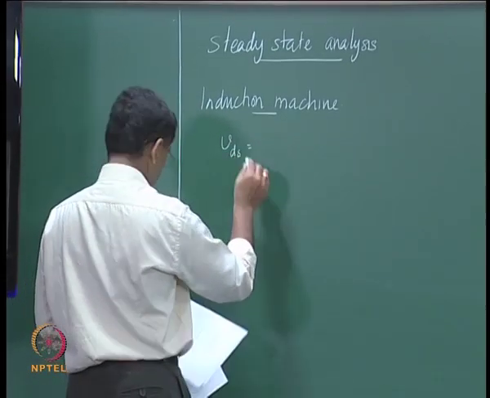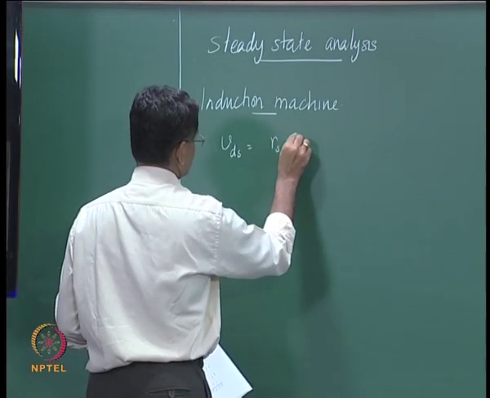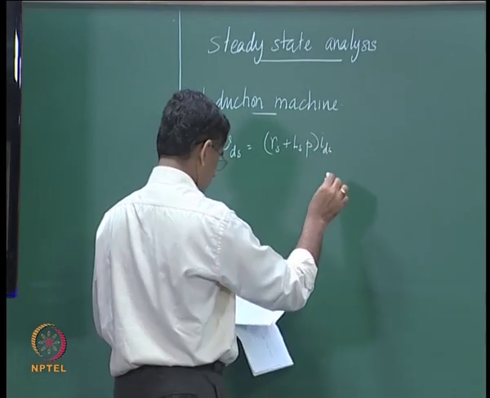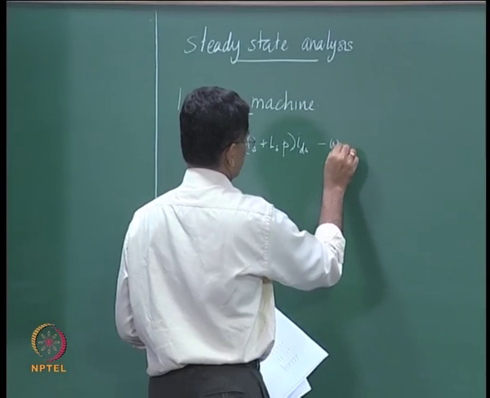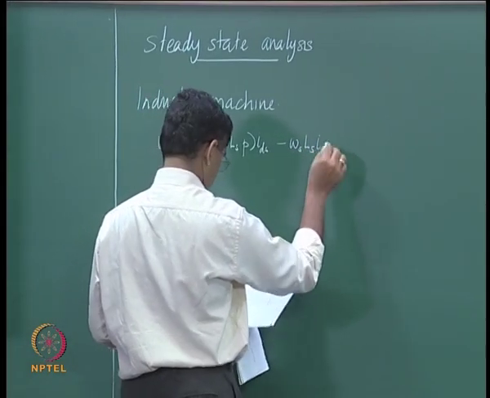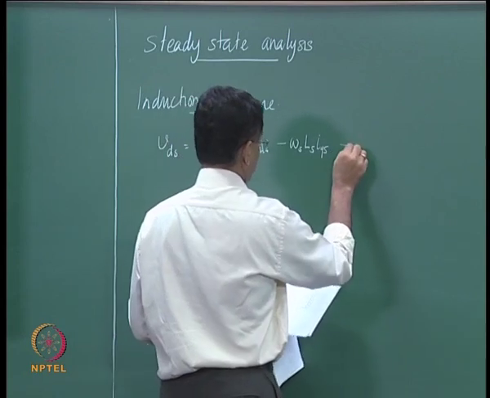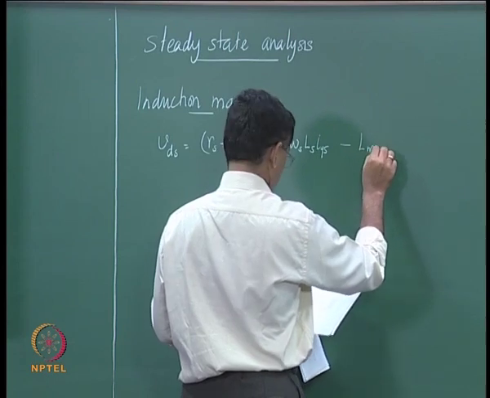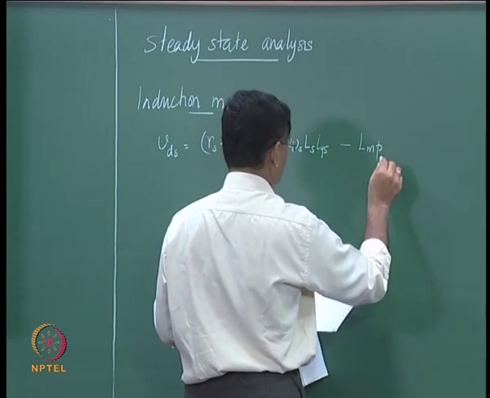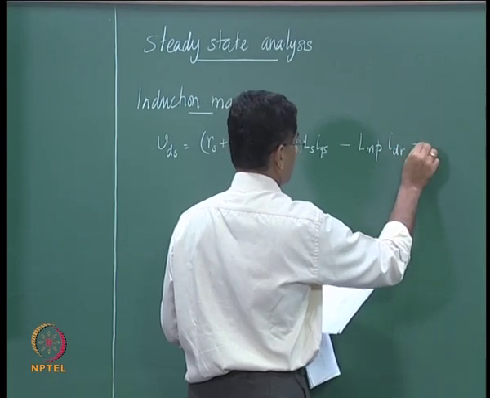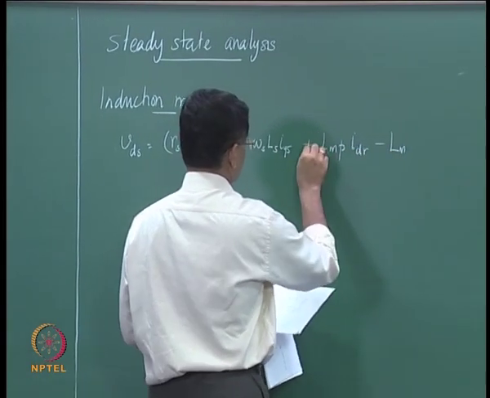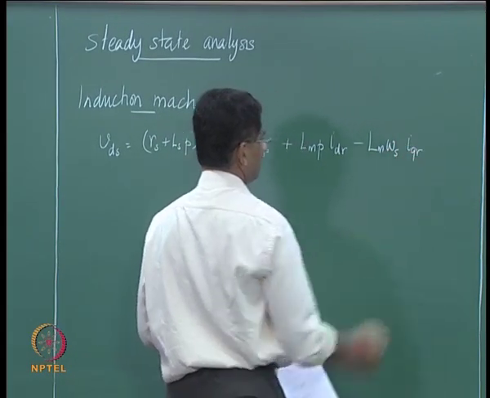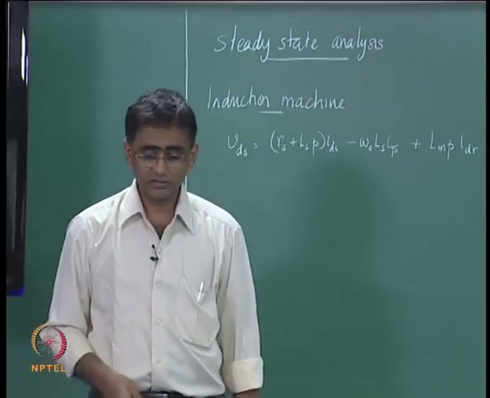Vds is equal to Rs plus Ls P into Ids minus omega s Ls Iqs minus Lm P Idr minus Lm omega s into Iqr, and we are looking at steady state,